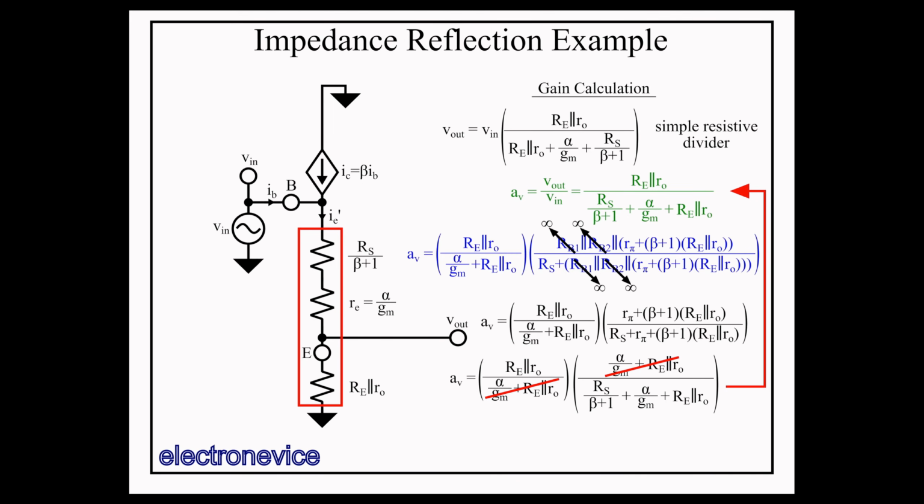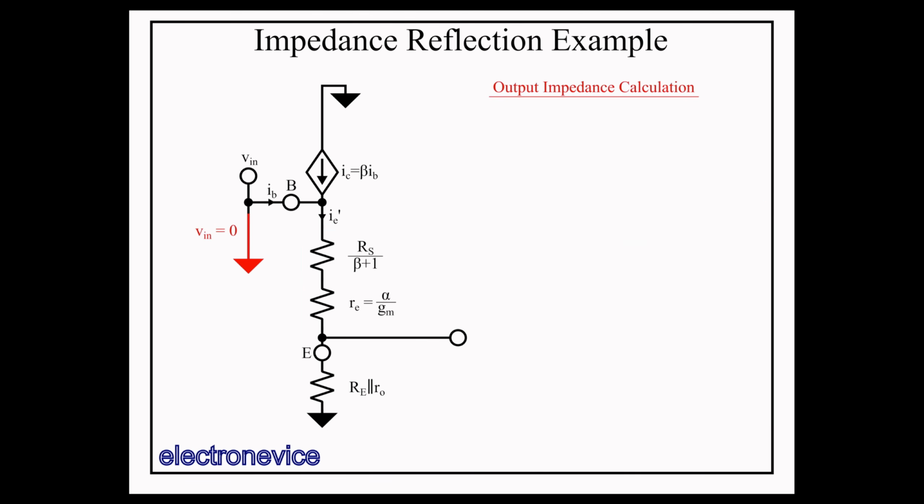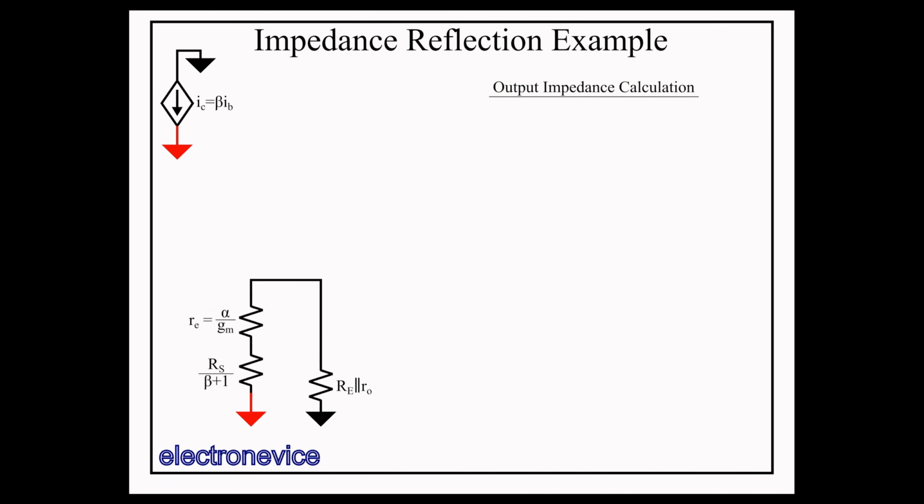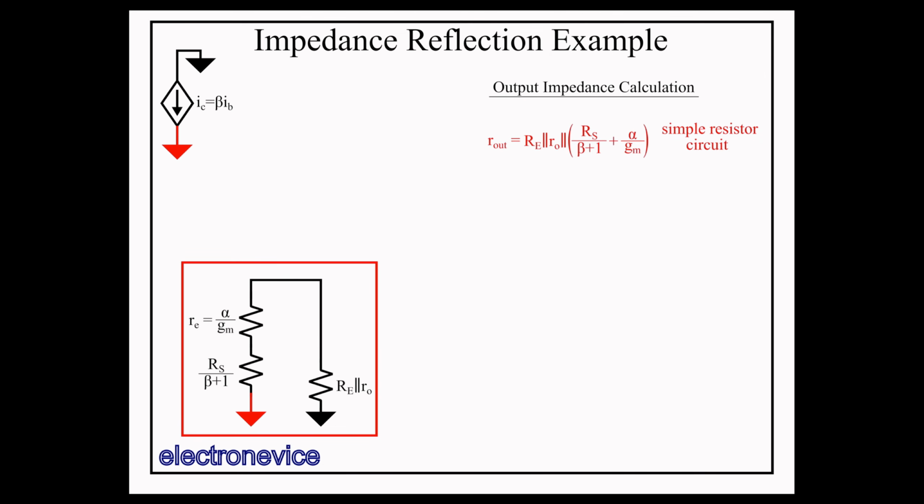Output impedance determination with this circuit is even simpler. With the output impedance, we ground the input, which allows us to separate the current source and the resistances connected to the output node, allowing us to ignore the current source, as with the gain, and the solution is just this trivial resistor circuit, producing this output resistance. Looking back at the solution we derived previously that included the biasing resistors and infinite valuing those biasing resistors as we did with the gain, the classic solution simplifies to the result we just calculated when the biasing resistors are assumed to be large enough to ignore.